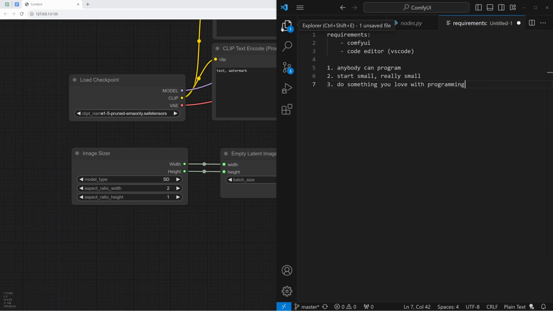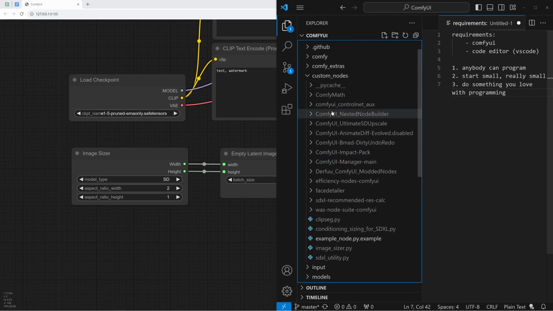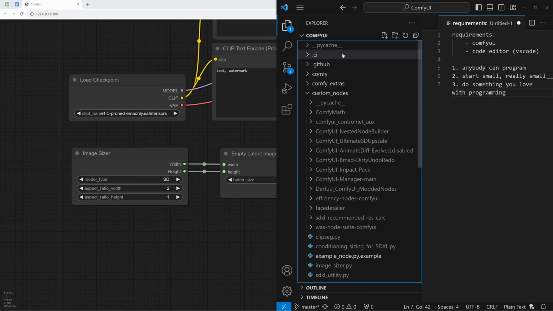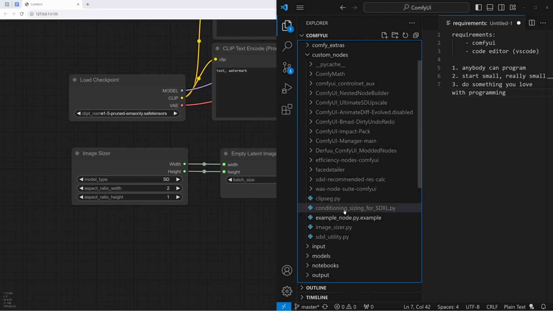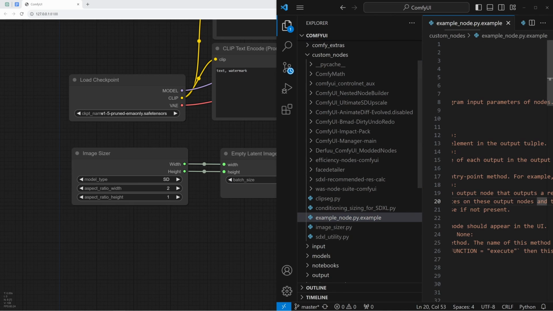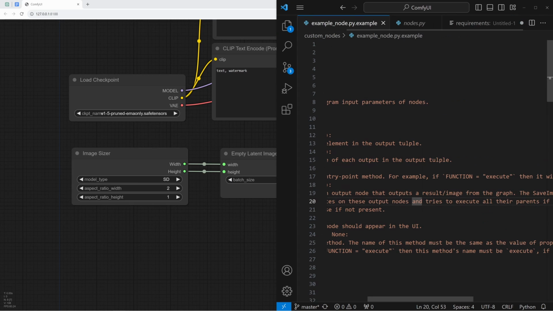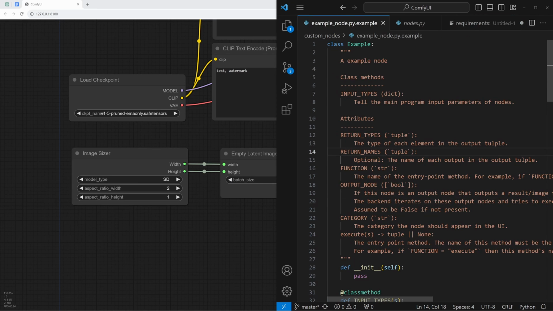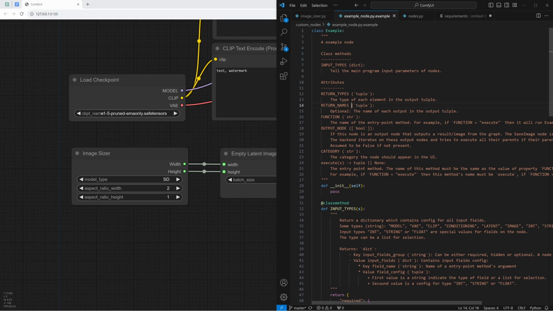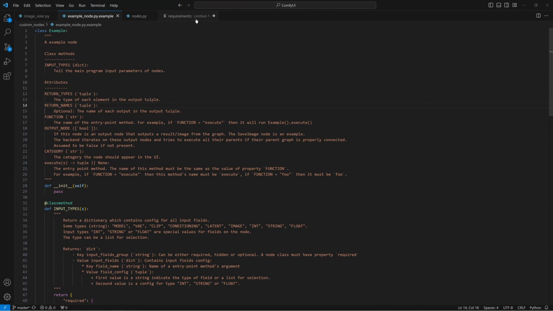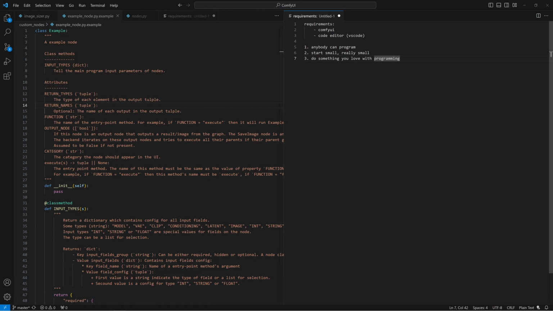First thing to do here is in VS Code, let's make sure we have opened up our ComfyUI directory and that we're in the custom nodes subdirectory. First thing to do is to open up our example_node.py.example. Get that opened up, close our file explorer. It's a little big here, so I'm going to turn the font size down just a little bit. Hopefully you can maximize the video. And I'm also going to make this window as big as possible. And finally, move our notes here. I'll take some notes